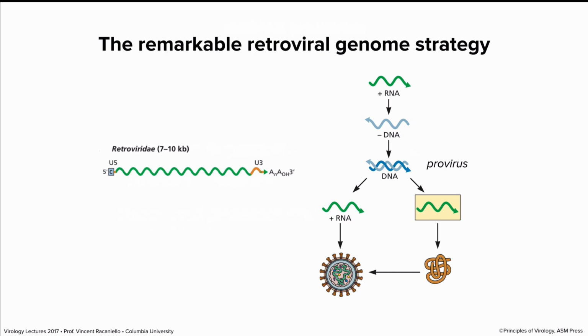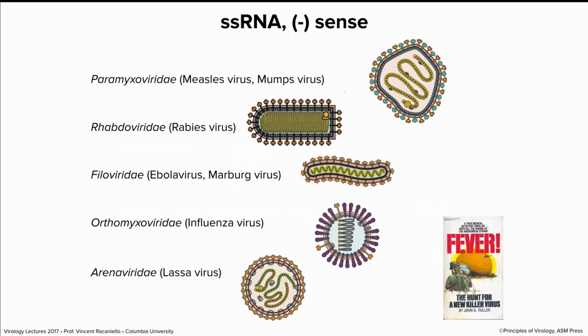These are really unusual viruses because of this provirus. It can integrate into your DNA, and that means it can stay around as long as the cell lives. And if this happens to integrate into your germline, you will pass these viruses on to your kids. Now, fortunately, HIV does not integrate into the germline, cannot infect germ cells. So there's no vertical transmission of HIV. If there were, it would be an even worse situation than we are in now.